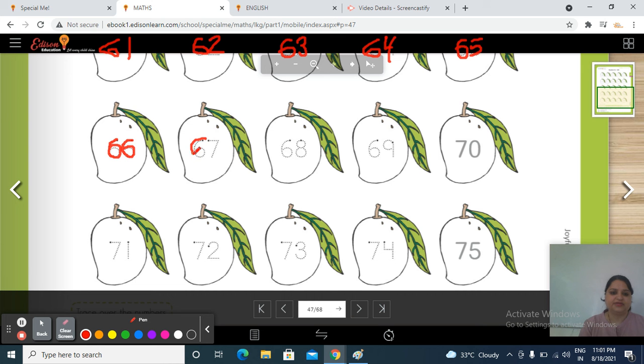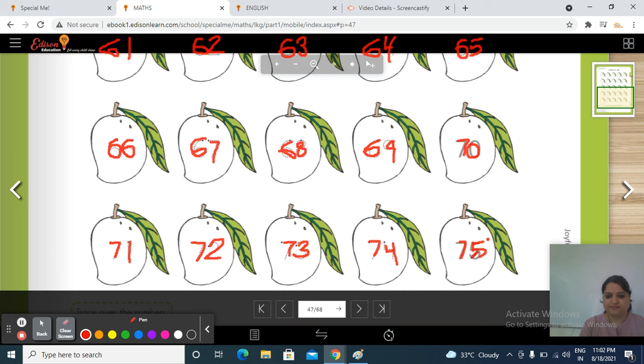Then 67, 68, 69, then 70. And what comes after 70? 71, then 72, 73, 74, then 75.